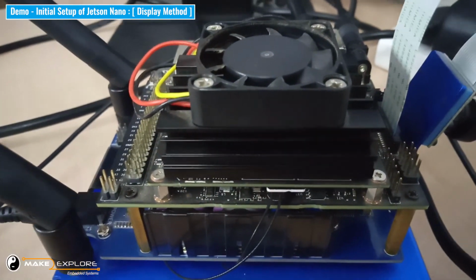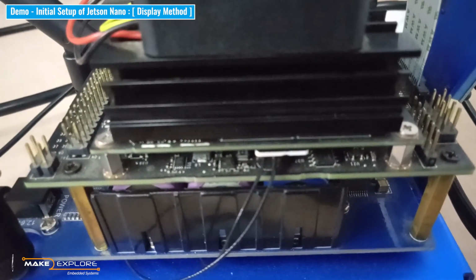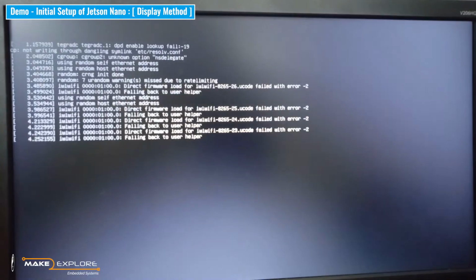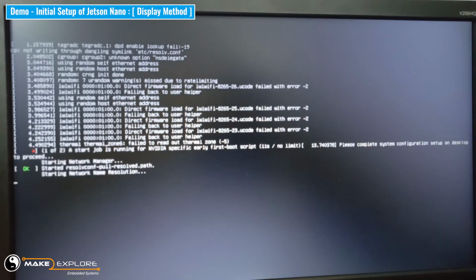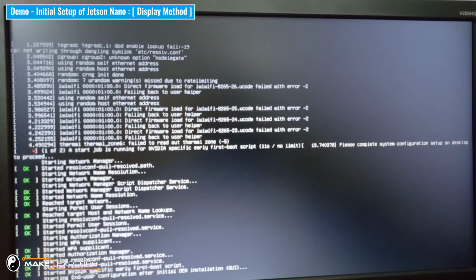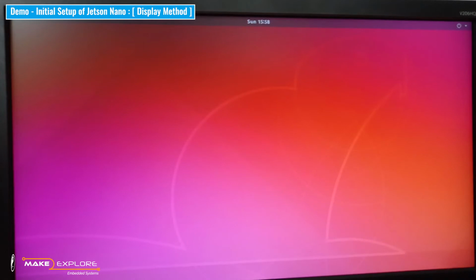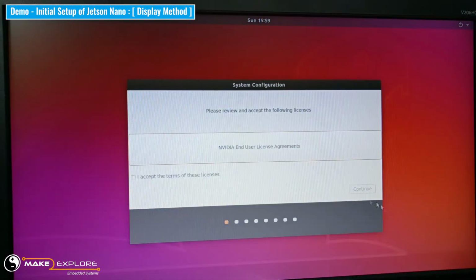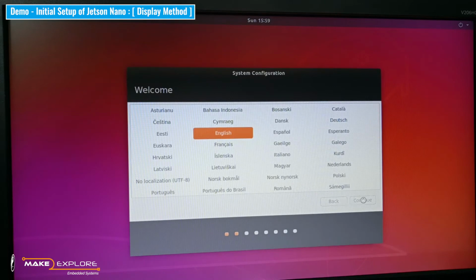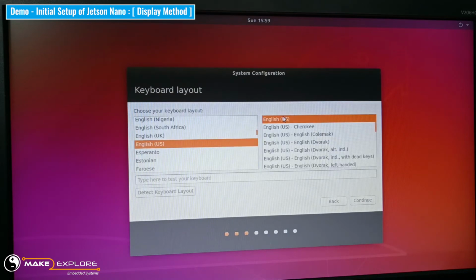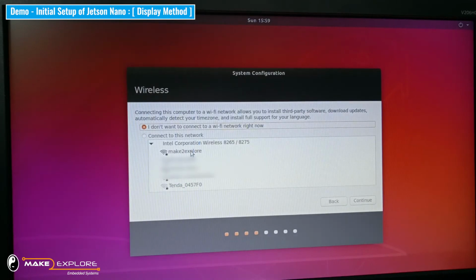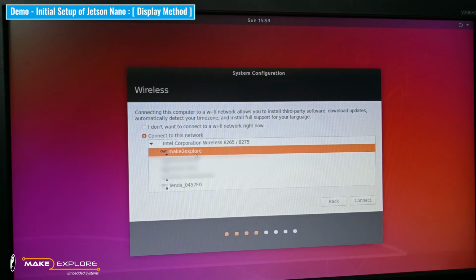Let's turn on the Jetson Dev Kit. Here, we will see the display method first. We have connected a display monitor, keyboard and mouse. In the display method, during the first time boot setup, you have to go as per the instructions given in the GUI and configure everything with default settings. Then, select your Wi-Fi with proper credentials.